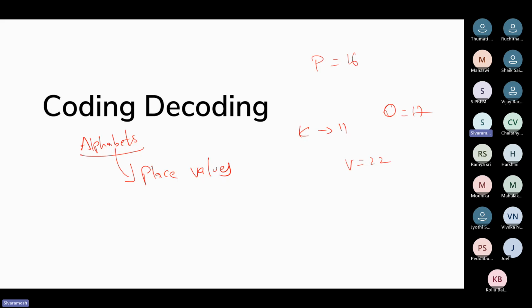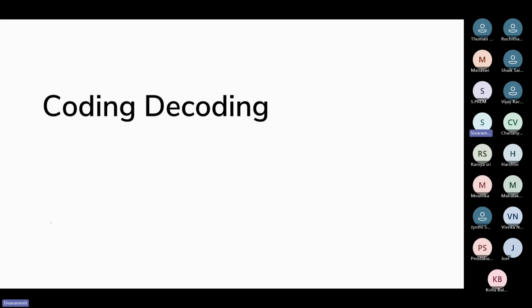And I'll tell you the reason why I'm asking you to understand the place values of all the alphabets. I'm not going to teach you all these place values, but it's very important for you to understand them. Because when a word is given, if apple is coded as one particular code, they will ask you what will be the code for mango. Now, our mind is not completely tuned to understand the alphabetical series. But if you observe numbers, our brain is very familiar and understands logics easily based on numbers rather than alphabets. That's the reason, in order to speed up our calculations and save our time in the exam.